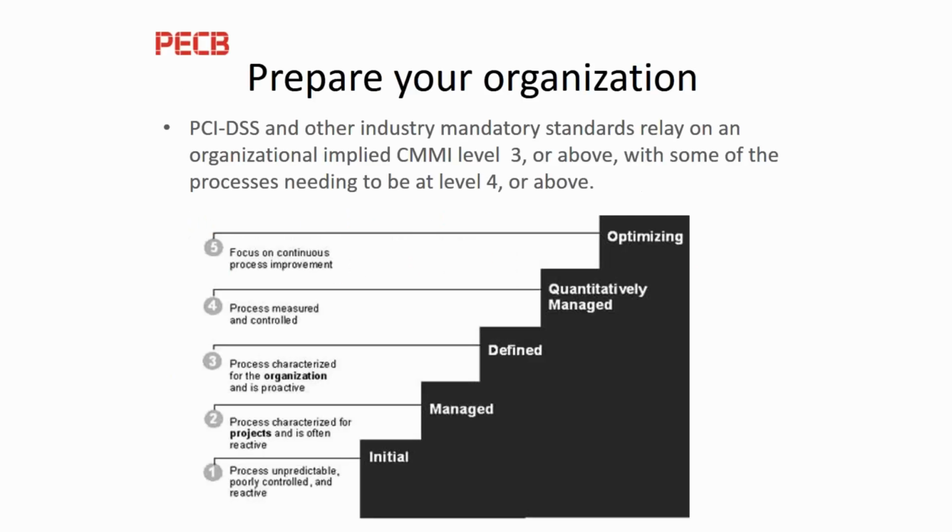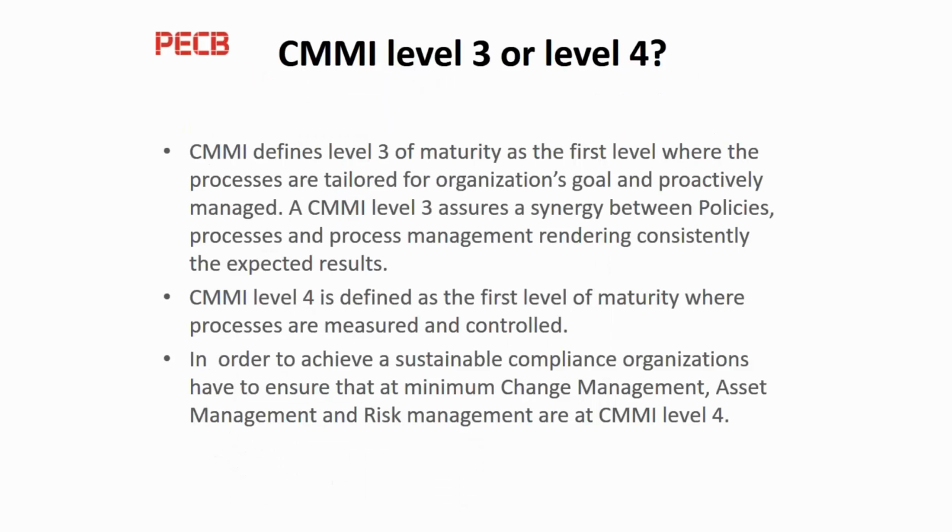Now, at the beginning of the presentation, one of the slides was talking about CMMI and why some of the processes must be at least level 3, but most of them must be level 4. And that is because, as you'll see in the next slide, level 3 is really the first level where processes are tailored for the organization's goals